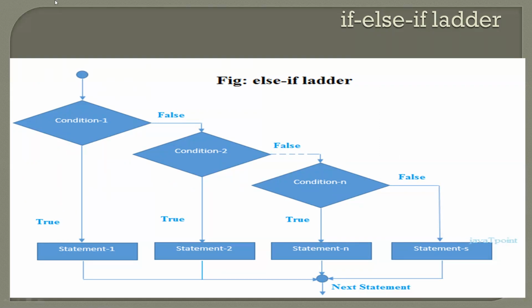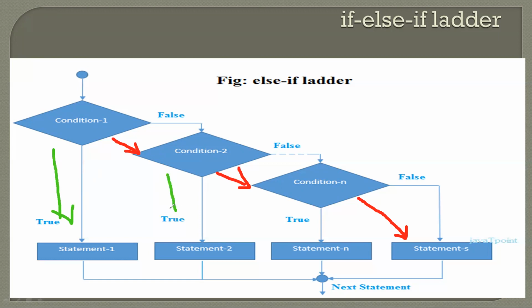If the first condition is true, then it will execute the statement. If the first condition is false, then it will check the second condition. If the second condition is false, then it will go for checking the third condition. In case the third condition is also false, then it will execute the statements regarding that false condition. At the same time, in case the first condition is true, it will execute the statements which are represented here with a green line, and in such case it will never enter into the next if condition, right?